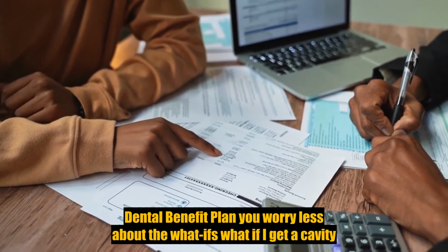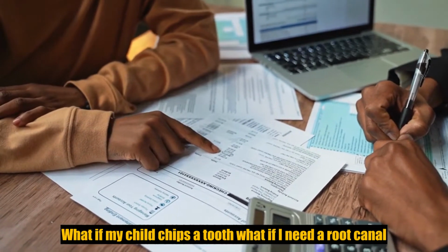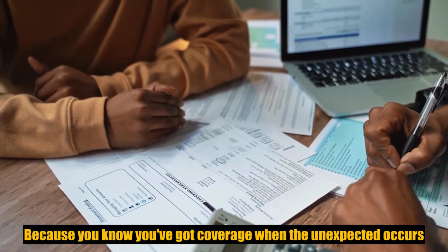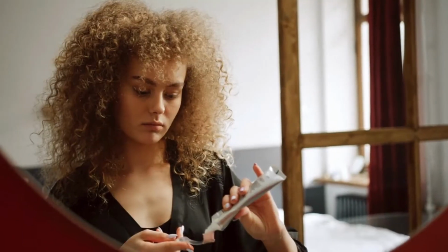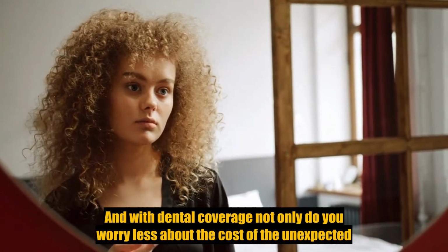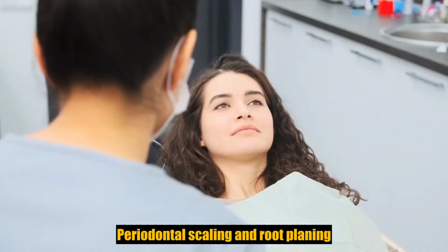What if I get a cavity? What if my child chips a tooth? What if I need a root canal? Because you know you've got coverage when the unexpected occurs. And with dental coverage, not only do you worry less about the cost of the unexpected, you can begin once